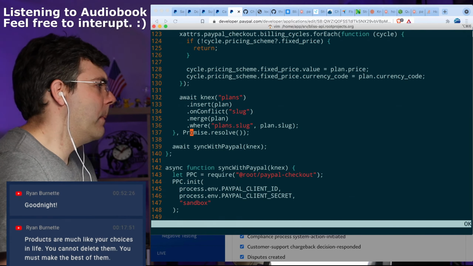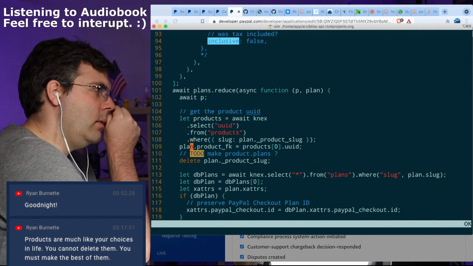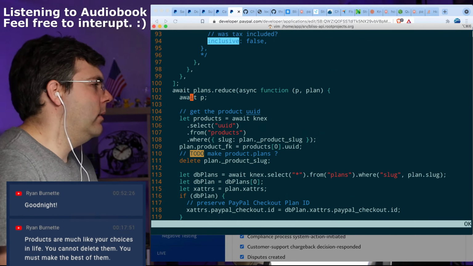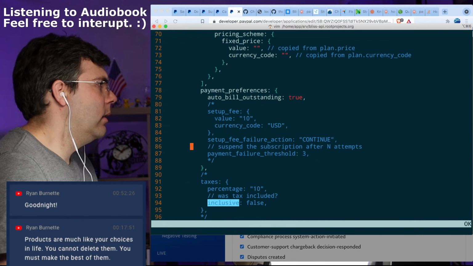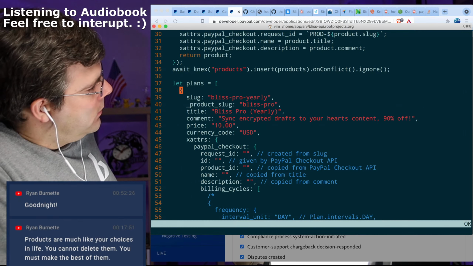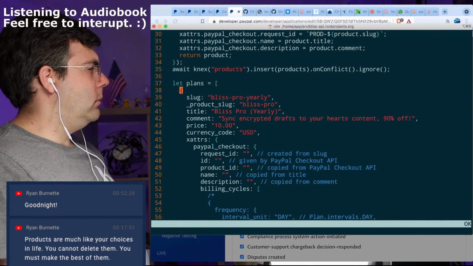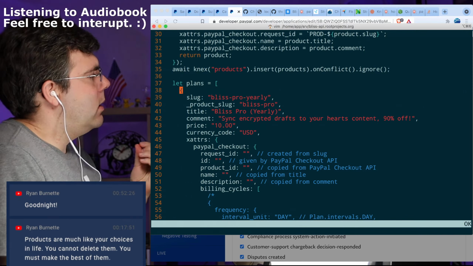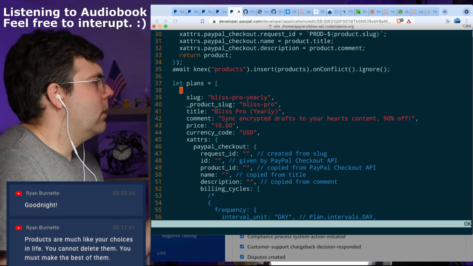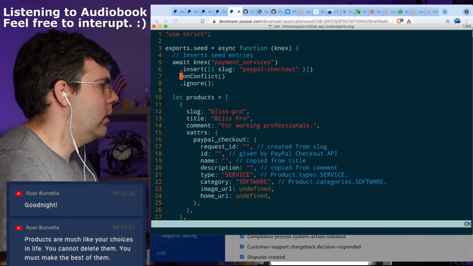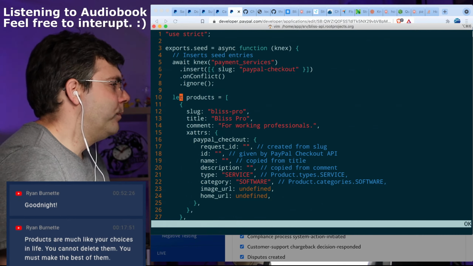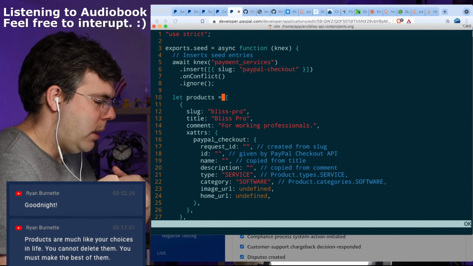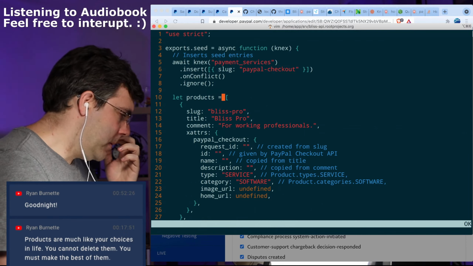So here, the one thing that it doesn't do is it's not going to update the plans from, let's see, I should be able to pull from PayPal checkout and populate the database.